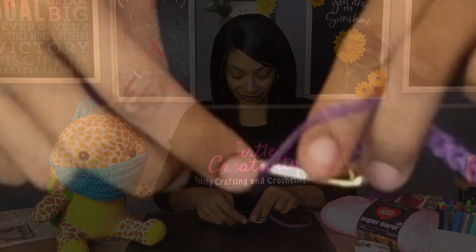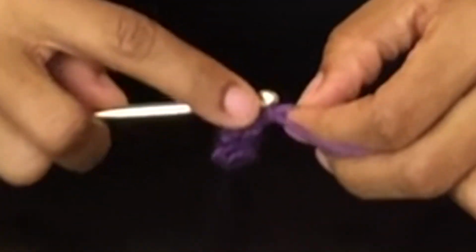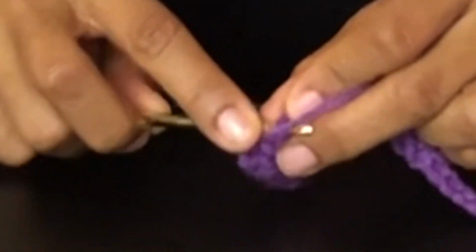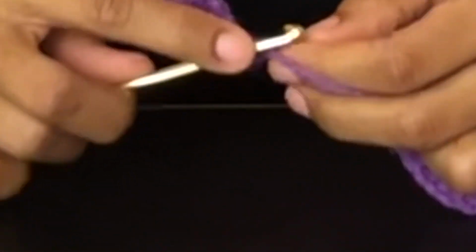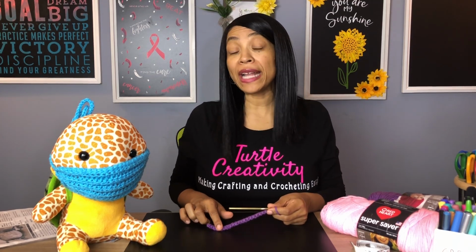Now you're going to continue on doing that for a total of 16 half double crochets. And I'll meet you when you have done a total of 16 half double crochets. Okay, now that you have completed your 16 half double crochets, you're now going to, in the next 4 chains,